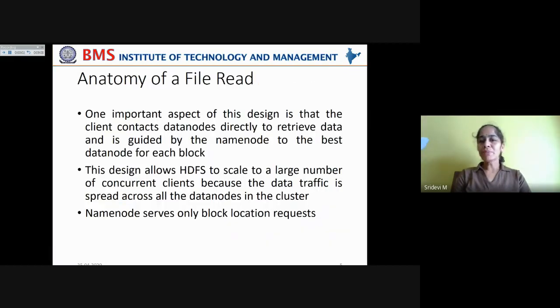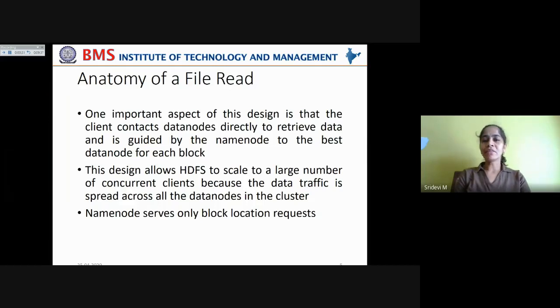Now, one important aspect of this design is that the client contacts data nodes directly to retrieve data and is guided by the name node to the best data node for each block. So the client interacts with the data nodes directly, but it is always guided by the name node. Why? Because the name node provides the client with the block addresses, on which data nodes those blocks are actually residing.